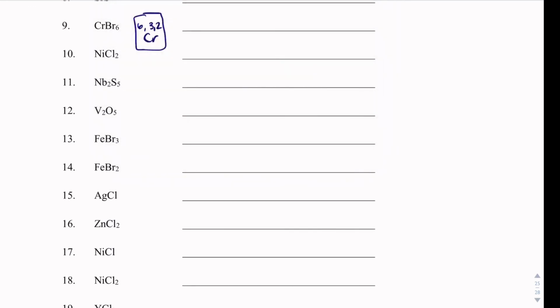What I'm going to do is take my 6 and reverse it, and I'm going to get Cr plus 6. Chromium has a 1, so I'm going to get Br minus 1. This makes sense. If you find bromine on the periodic table, you only see that it could have a minus 1 charge. So this is going to be chromium